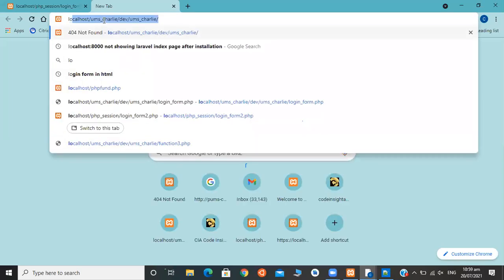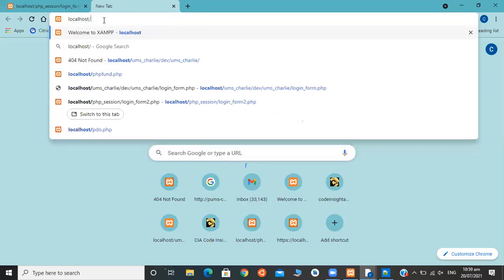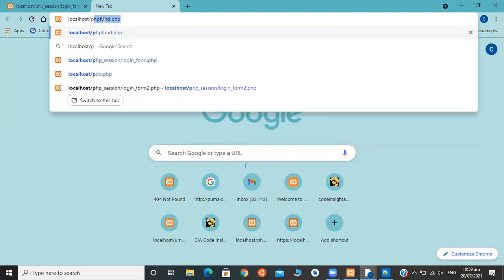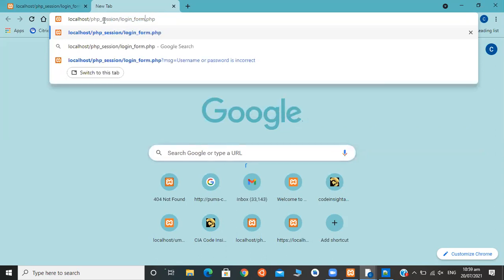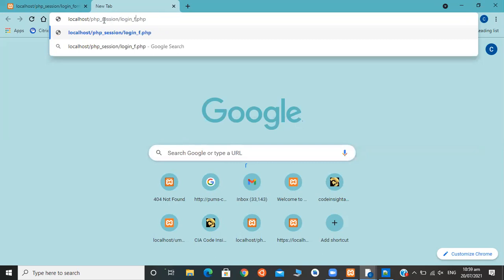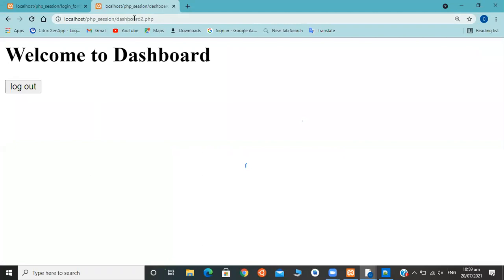But even without login, if I give a path here, localhost PHP session dashboard 2, though I have not logged in or opened the login page, I can still go to the welcome to dashboard page.